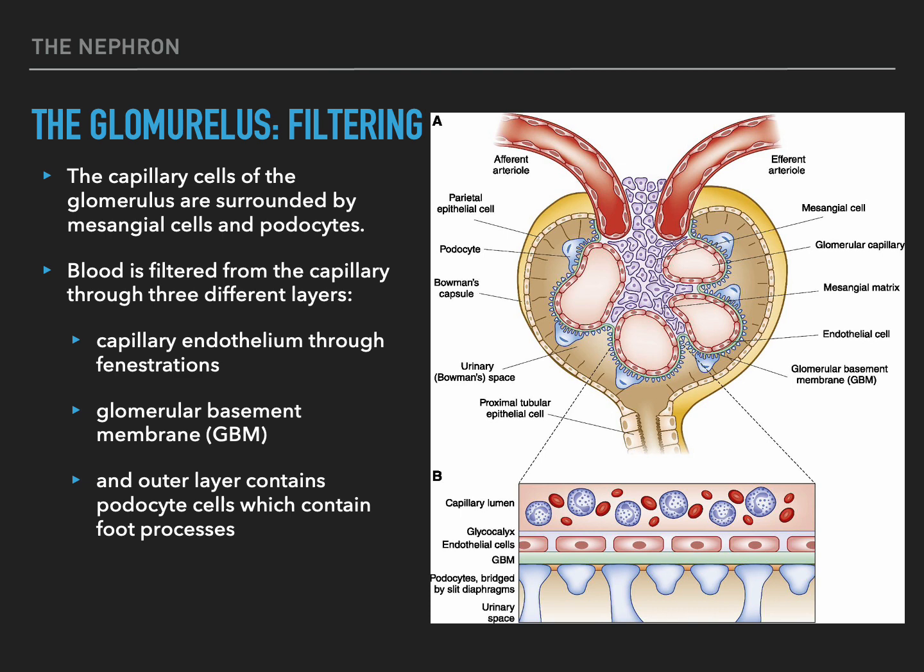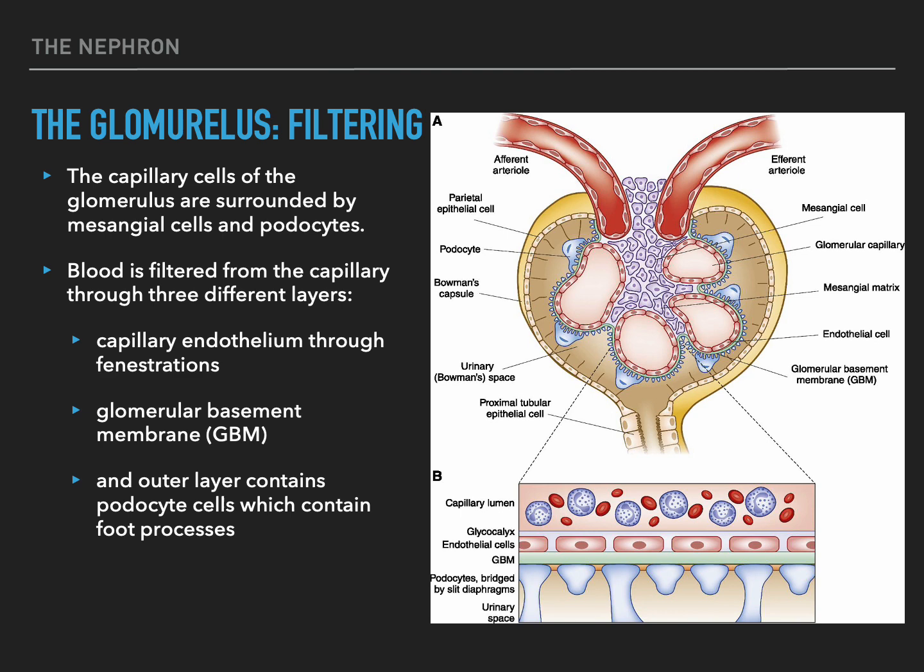The capillary cells of the glomerulus are surrounded by a few different cells called mesangial cells and podocytes. In the structure labeled A, the mesangial cells are purple and they're crowded toward the middle, and the podocytes are light blue and they look like small mountains going around the perimeter of the stalk of the glomerulus. You'll also see 4 different capillaries, which look like 4 oval shapes,